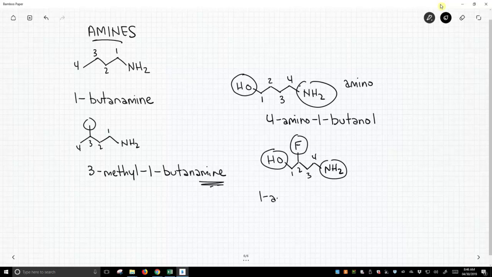So, quick fix, 4-amino-2-fluoro-1-butanol. So amines, if the amine is the only group in the molecule, we'll name it and give it a